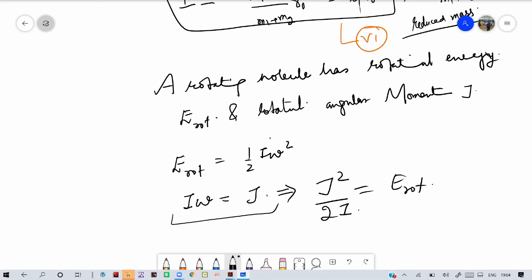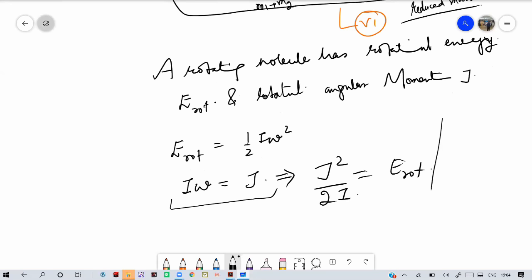If you simply use that, E is P square by 2M, where P is the linear momentum. Here we have the rotational angular momentum, and we use the mass, or the reduced mass mu, or you have 1/2 m v square, the kinetic energy. So here we have a rotational energy actually. Using those concepts and simple definitions, you can find out that E rotational is J square